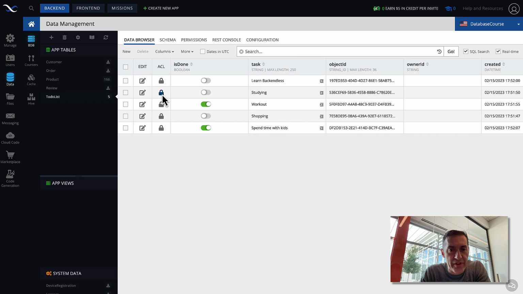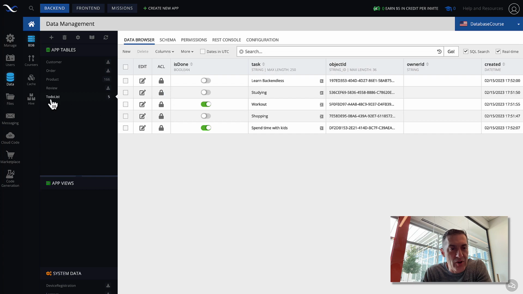So here for this example, I will use this to-do list. This is a table that we created in a lecture earlier, and here we will just go with something simple. As far as the where clause, everything that Backendless supports as far as where clause would work for bulk delete API. But for the simplicity's sake, let's just keep it something that would be easy to understand from the perspective of seeing how that API works.